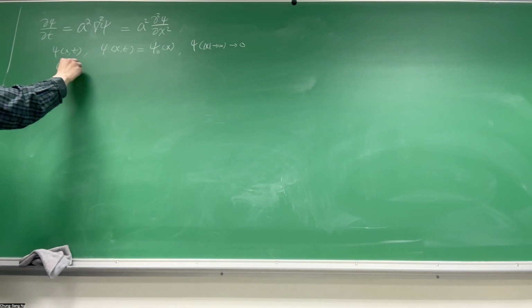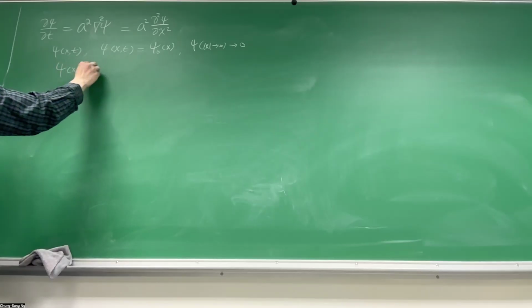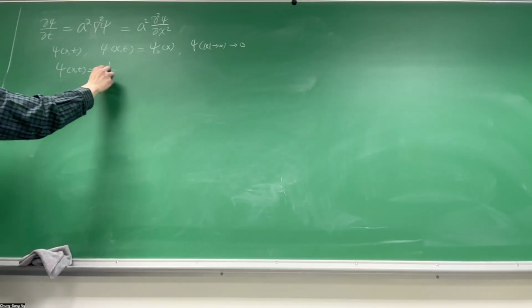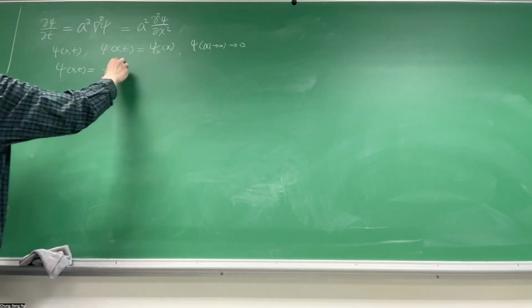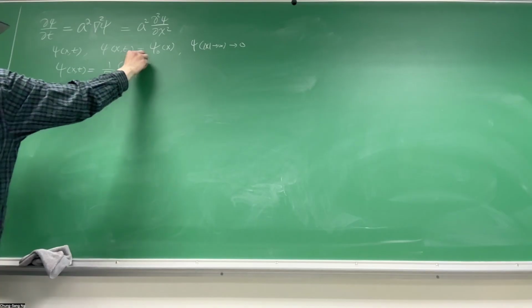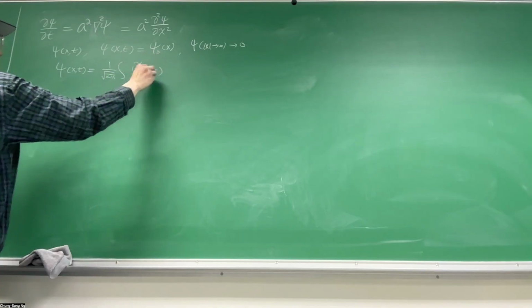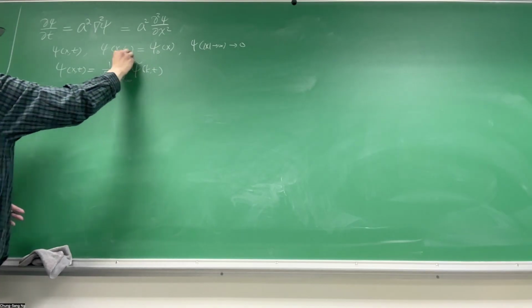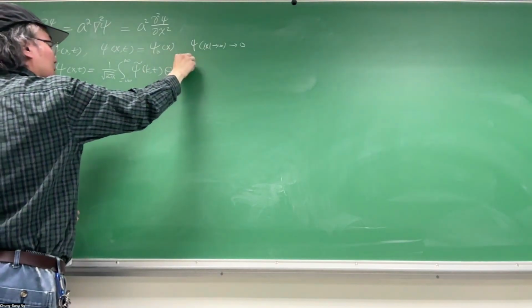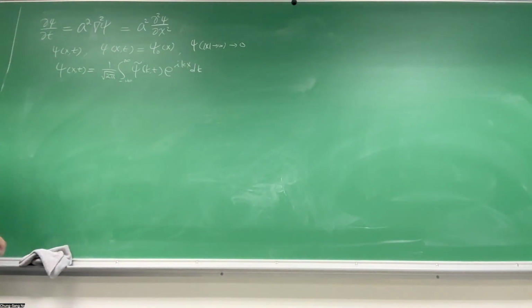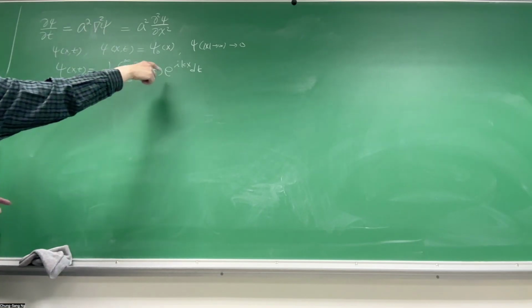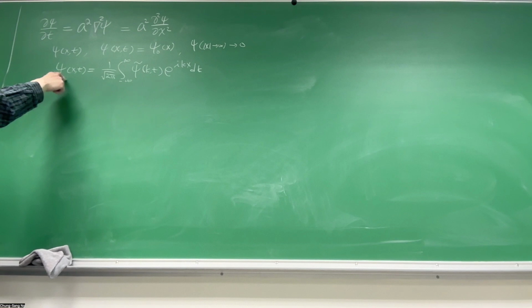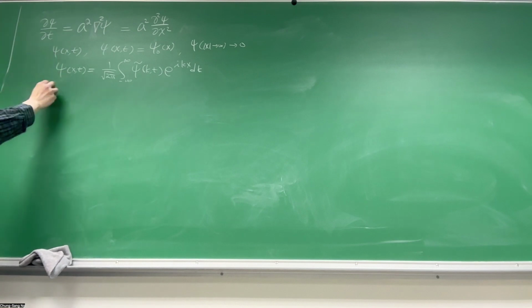So psi of x and t becomes, in 1D, 1 over square root of 2 pi times the integral of psi tilde, e to the i k x dk. Then you can write down the equation for psi tilde,